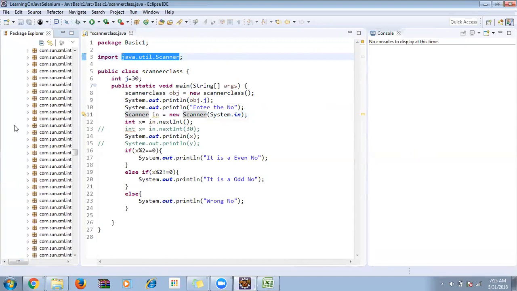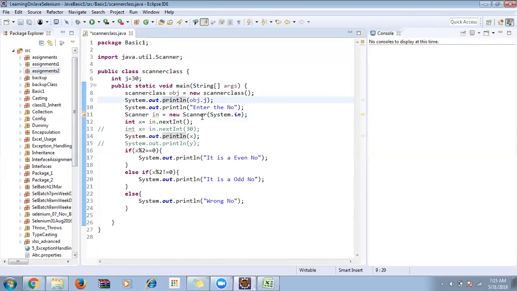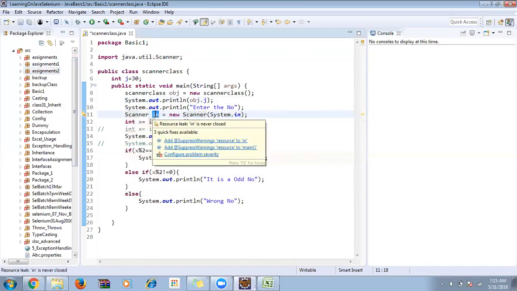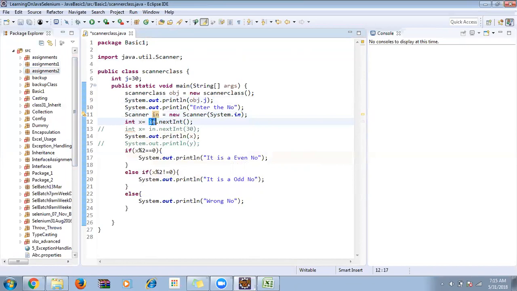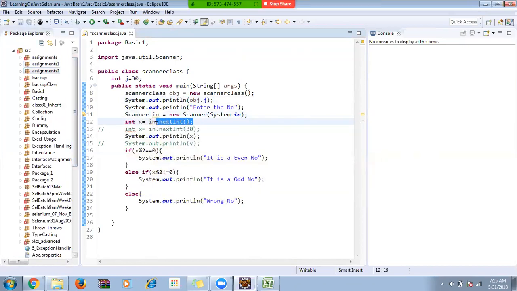So now we were able to access the Scanner class. Let me close this as of now; I don't want this. So we got it. Now "in" has all the members of the Scanner class. Okay, in object. Now in dot nextInt. You can see here, in dot